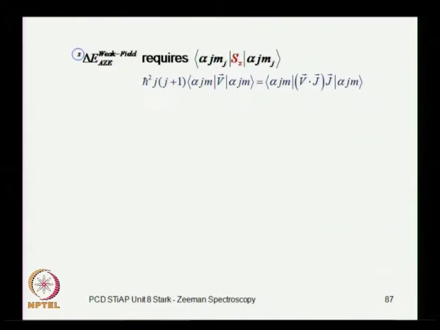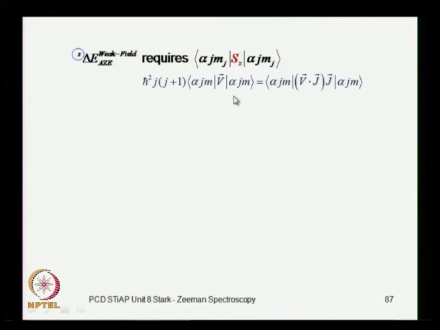So, that is what led us to determine the perturbative correction to the original unperturbed energy, and this correction requires us to determine the matrix element of SZ. Now, the difficulty here was that the quantum states that you are considering are eigenstates of J square and Jz and not of Sz. So, that is the reason we had to find some mechanism to get this matrix element,